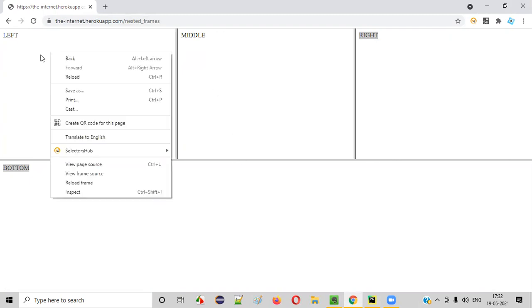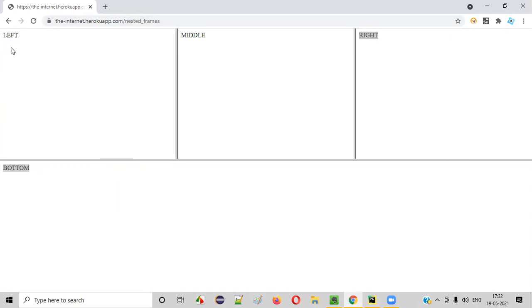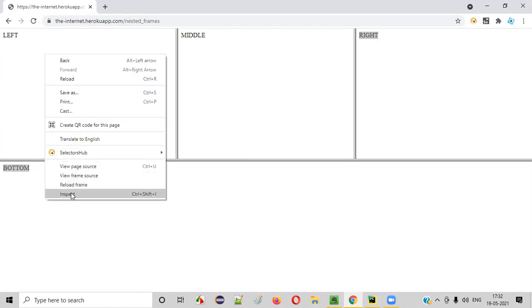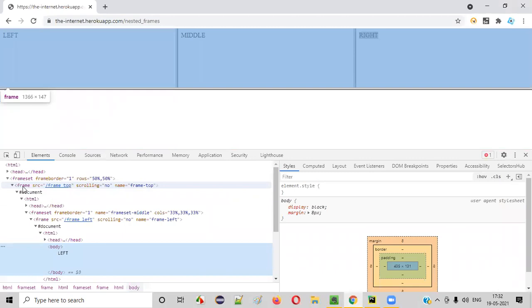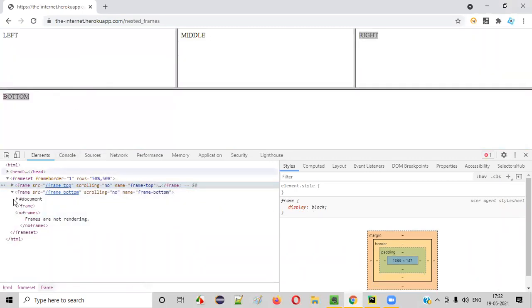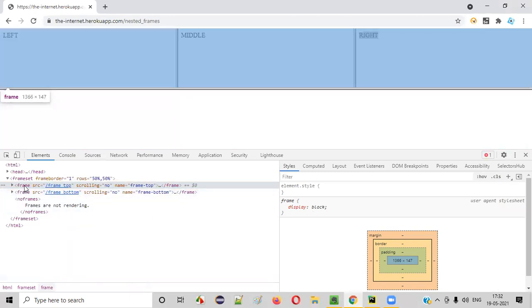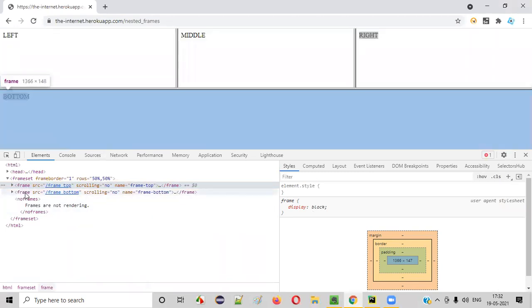So if you inspect this, guys, if you right click here, you see this left is inside a frame. Can you see here? View frame, reload frame. That means this left is inside a frame. Let's right click inspect, and you see this is the HTML code for this left option, guys. This left is inside the frame. And if you go up, guys, another frame is there on the top. You see how this page is structured: this page is divided into 2 frames, guys, at a high level. This is the upper frame and this is the bottom frame, top frame and bottom frame.